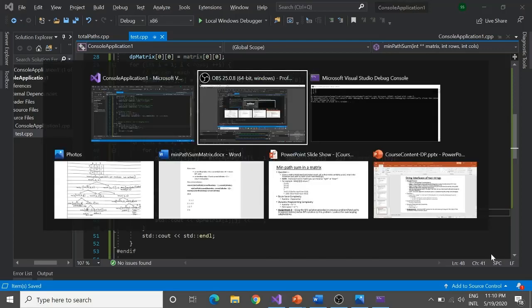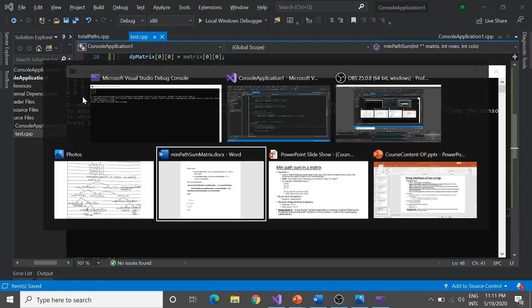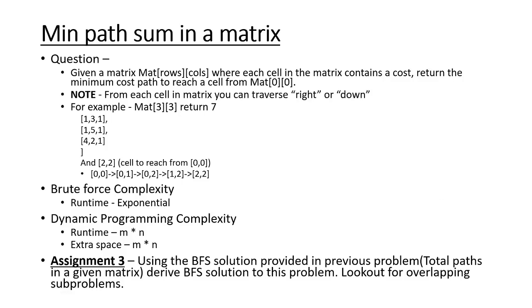So now we can have a look at our DP matrix over here. Again, we filled it till here. What does this 6 signify? This 6 signifies that the min cost path to reach this cell over here is 6. So what was our intended problem? Our intended problem was to reach this cell, the last cell we are talking about. So what does this 7 signify? This 7 signifies that the min cost path to reach 2 2 from 0 0 is 7. And this was our original answer as well. So we made use of the same matrix 1 3 1, and this is our original answer.